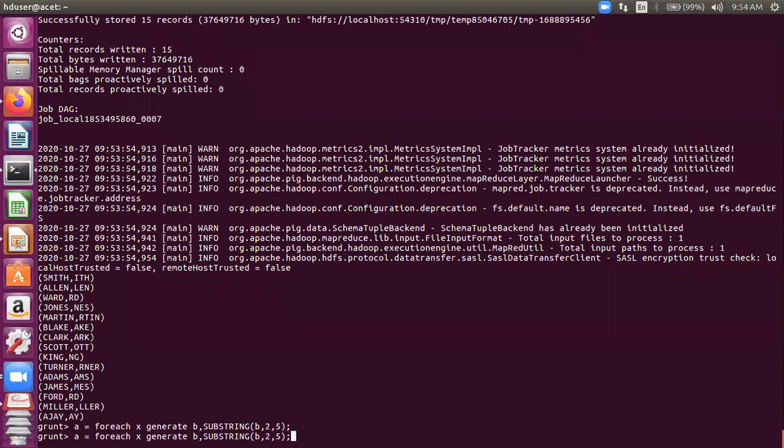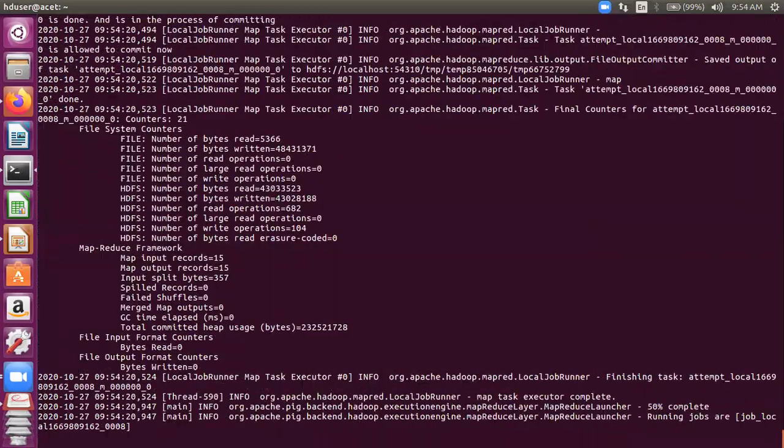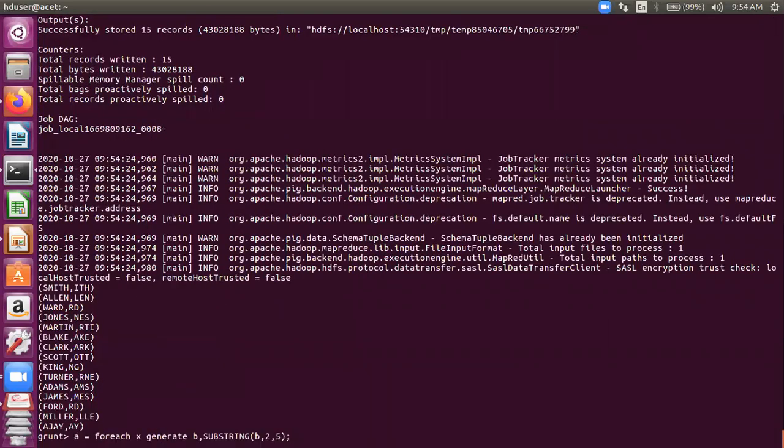Let's make it 2 to 5, so that we can understand exactly what happens with this SUBSTRING. This is the query, so you can make out now from the name, the second index is L, 0, 1, 2. So you can see the output. I think you can now correlate how this SUBSTRING function works. See, when I'm mentioning index 2 and index 5, then it should be the characters 2, 3, and 4.